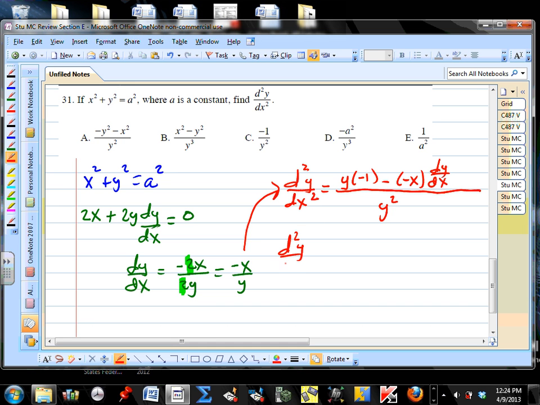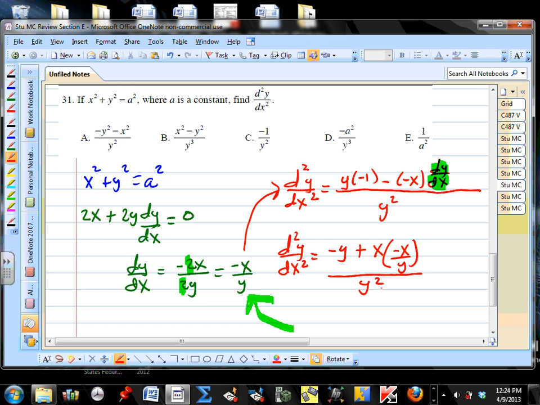the second derivative of y with respect to x. So it makes you negative 1 times y, the opposite of y, minus the opposite of x plus x times, now, wait a minute, dy/dx, we found earlier that dy/dx is the opposite of x over y. So we're going to put that here, all over y squared. So now we found the second derivative, only this is a multiple choice problem, and we